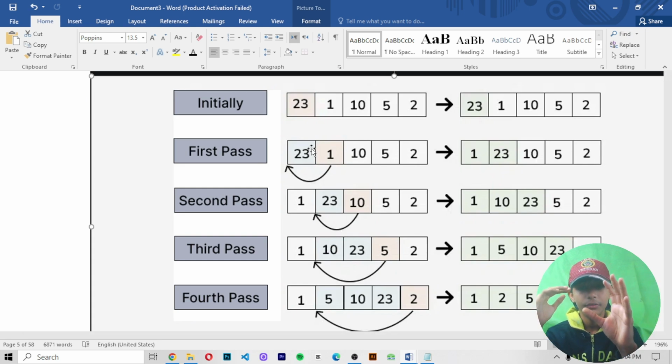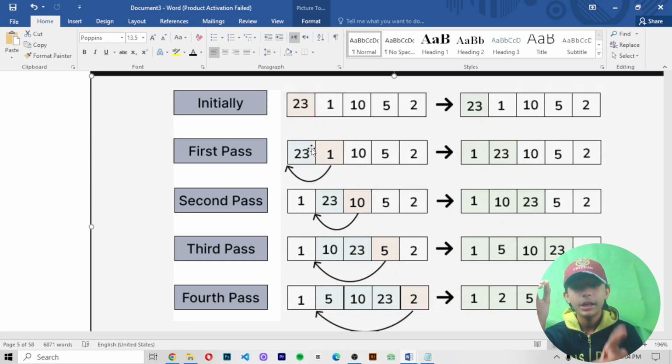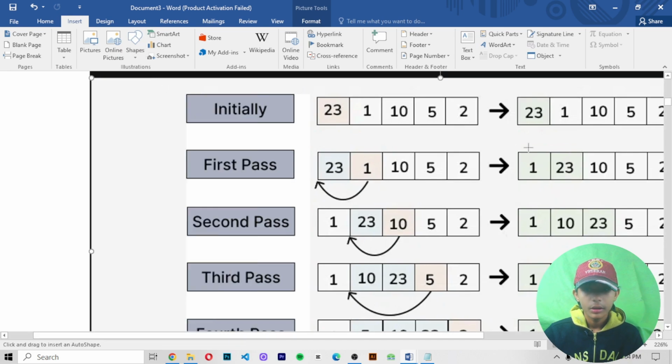Then first pass: you swap 1 with 23, meaning where 23 was written, write 1, and where 1 was written, write 23. Like this. There is one example, let me show you.